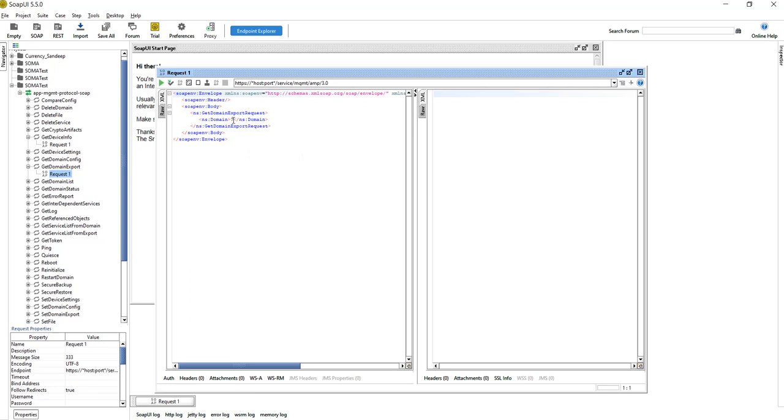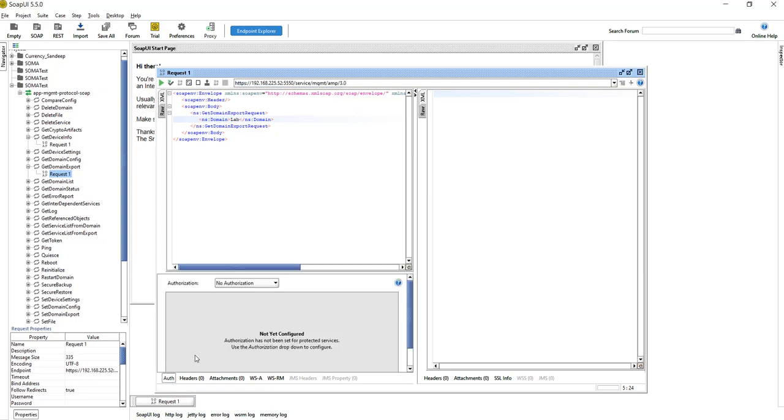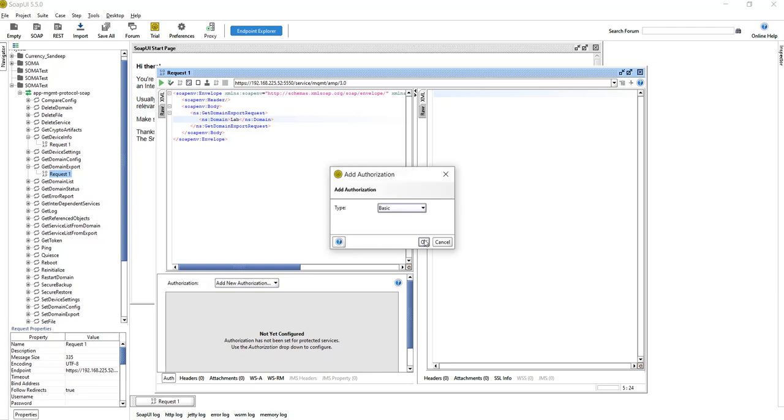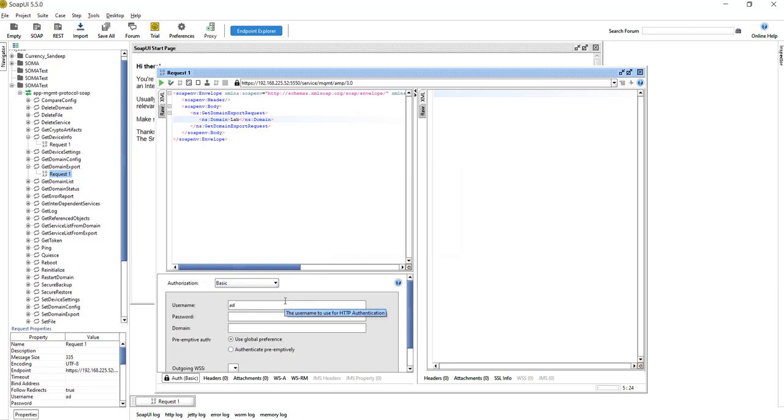We need to mention the name of the domain. Okay, again we need to pass the credentials here. And don't forget to click on this radio button, otherwise it will not work.